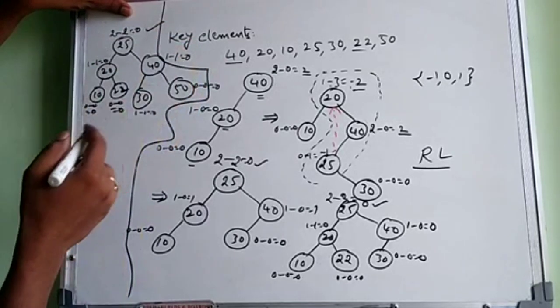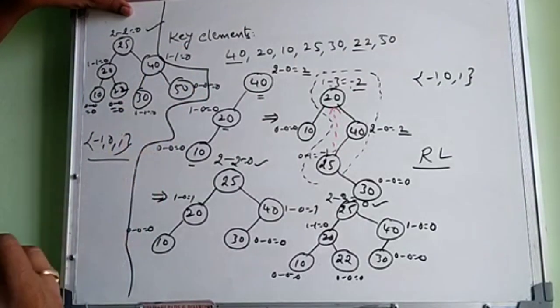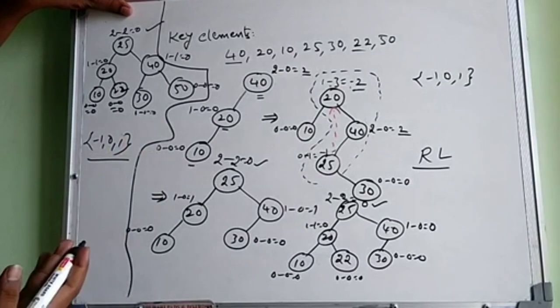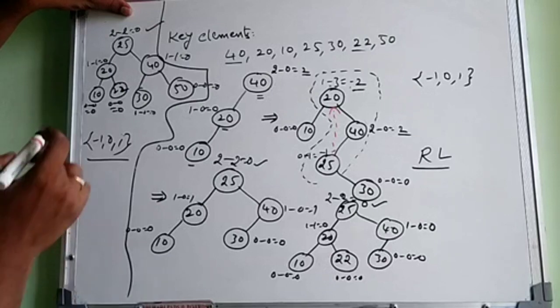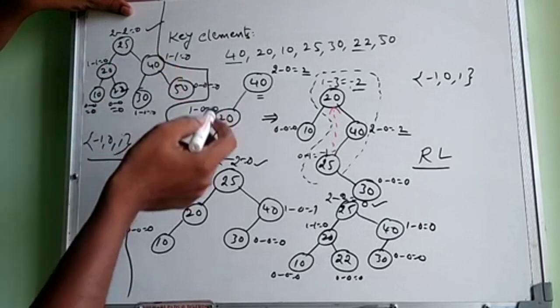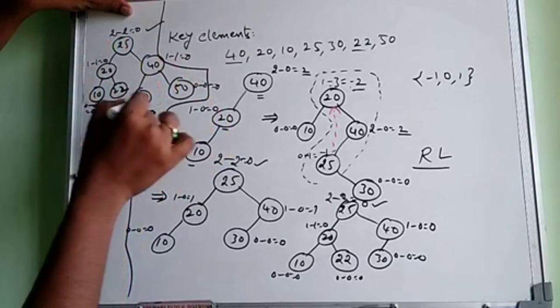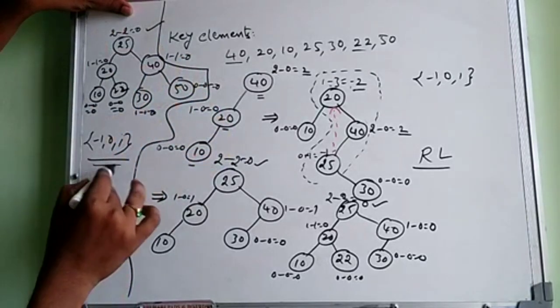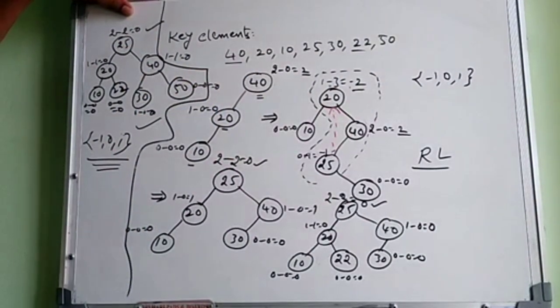Okay, every node is under the factor of this range. And also it follows the rule of the binary search tree. So 25, lesser values on the left side, greater values on the right side, as well as all the nodes will be under the AVL balancing factors. So this is the final tree of binary search AVL trees, or height balancing trees, or balancing trees.